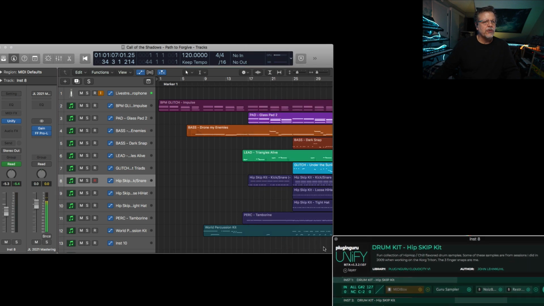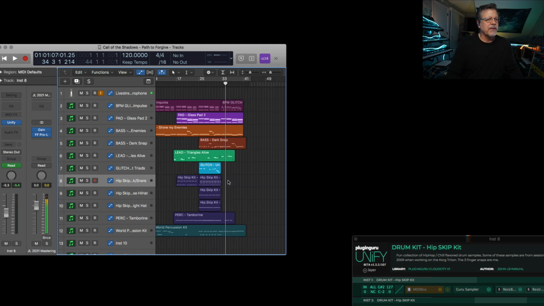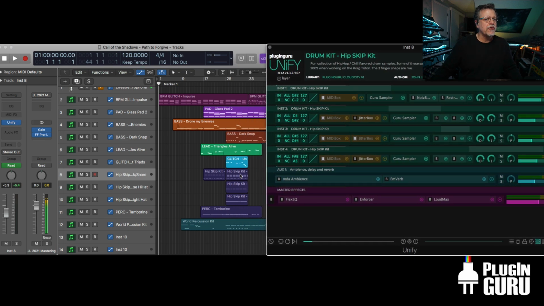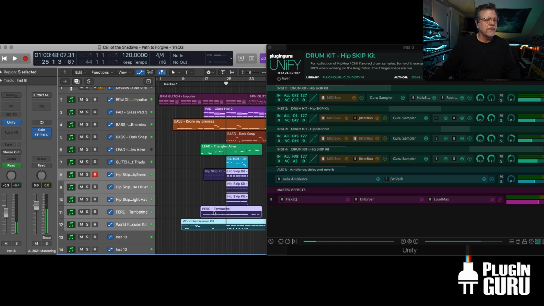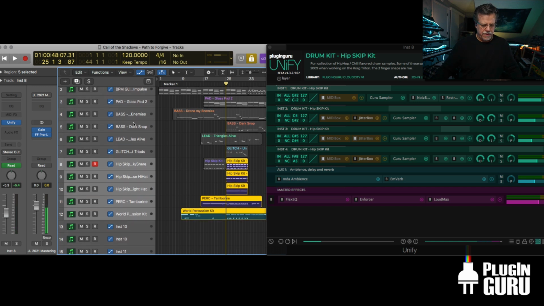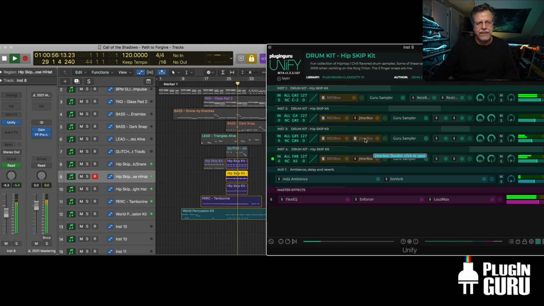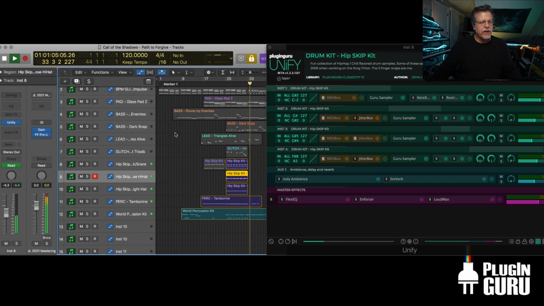Huge, huge difference. This would not sound as cool of a laid-back groove without jitterbox because it's quantized 100% in Logic. But check this out. If we go to the main groove part right here, and let's do this. Let's solo these guys. Solo and it's got this laid back feel. That's all because there's a jitterbox in the snare and the hi-hats. And the snare is laid back 23.9, hi-hats are 23.9. So somewhere in there,